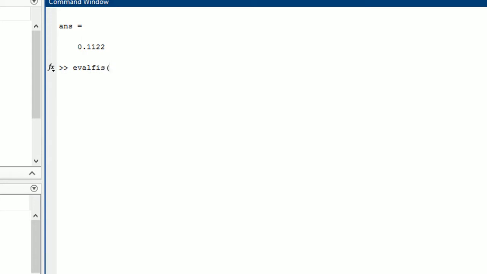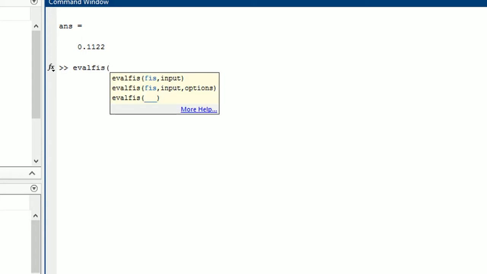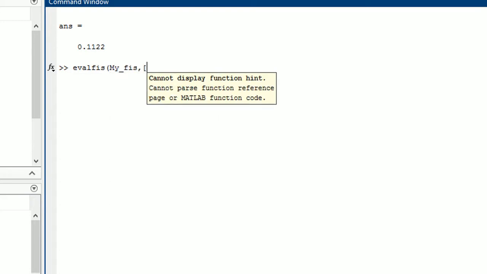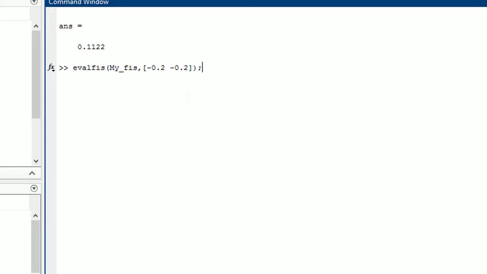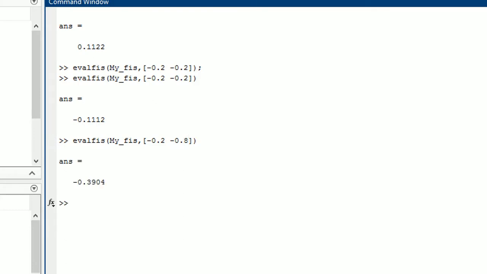If I change this, or even if I just do this here itself, let's see what I have. my_fis, comma, -0.2, -0.2. Let's see what output I get. Sorry. So this is -0.1112, and if I just change this to -0.8, so this is -0.3904.